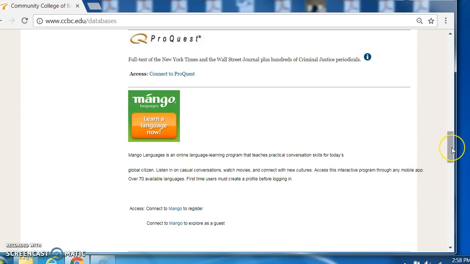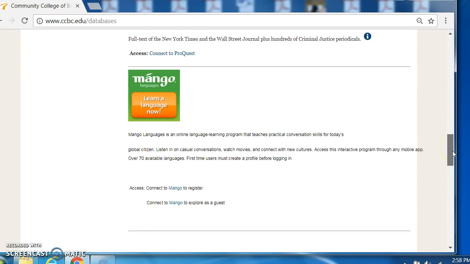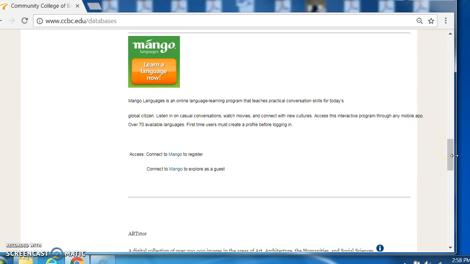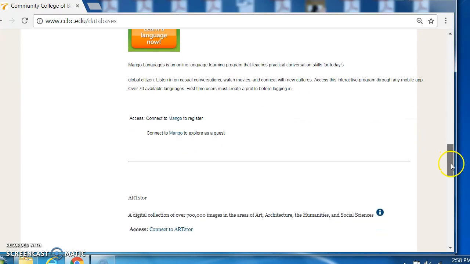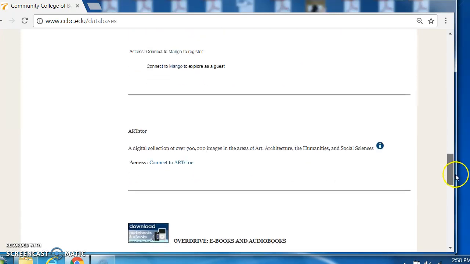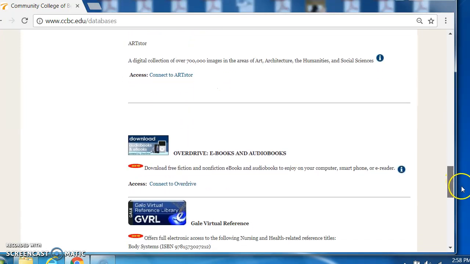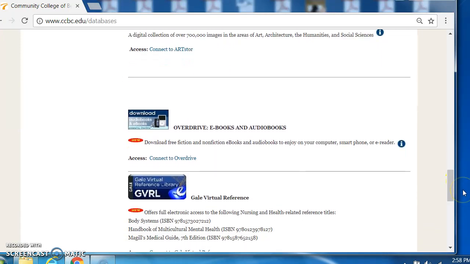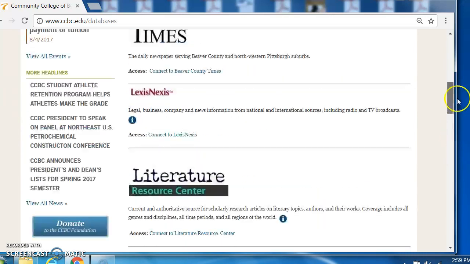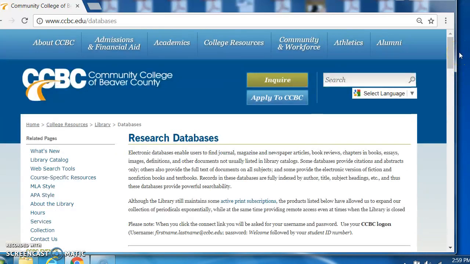We also offer a database for languages, Mango, which includes more than 70 available languages in addition to English as a second language offerings and practices. We have ebooks and also some reference opportunities and ebooks through the county library system. So there's quite a selection. You really don't have to go far to look for resources that are available 24 hours a day from your